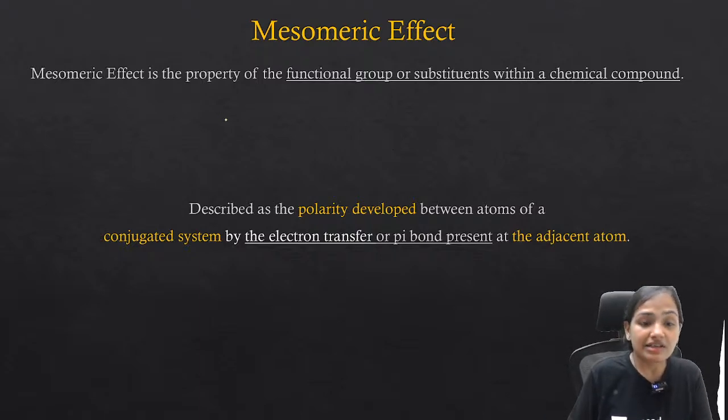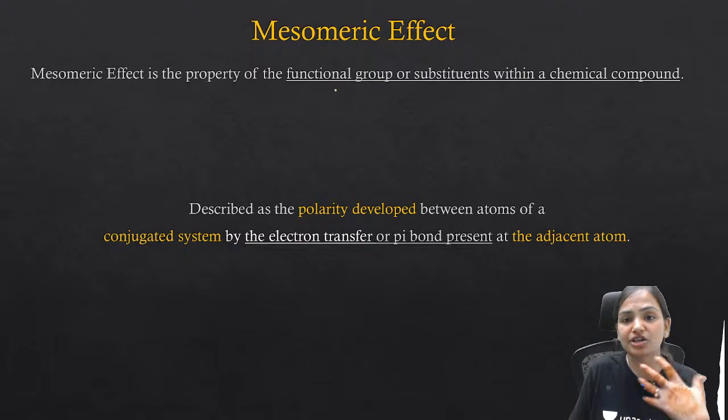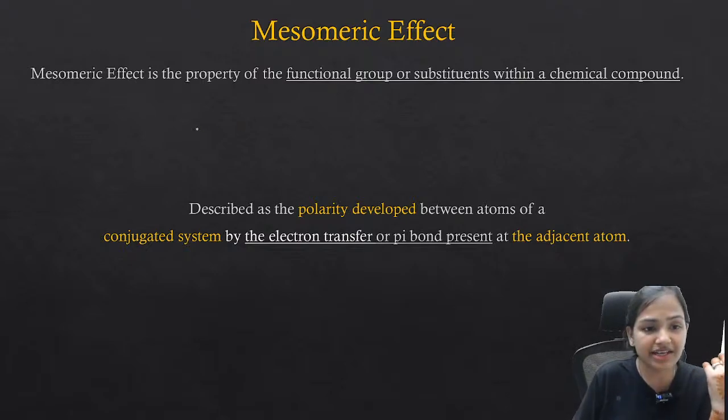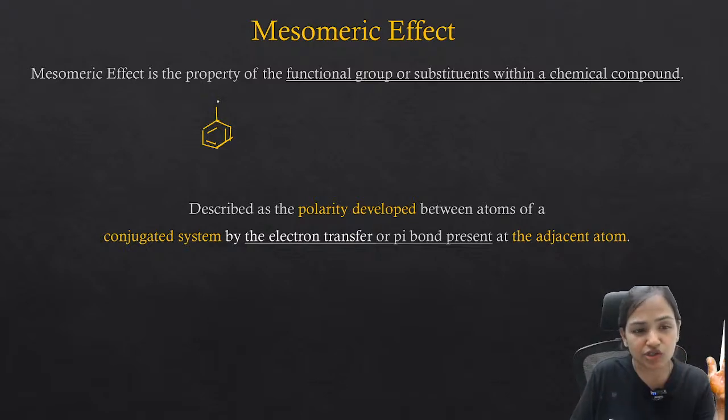Mesomeric effect is basically the property of a functional group. Let me take an example to make you understand. Here I have taken a compound which is benzene. Here I am putting a functional group, any functional group you can put, whether you put OH or you put